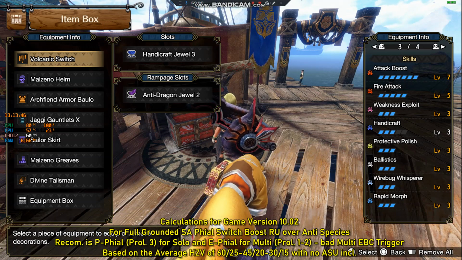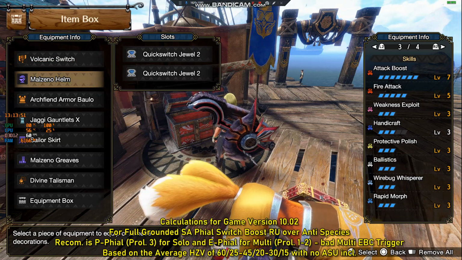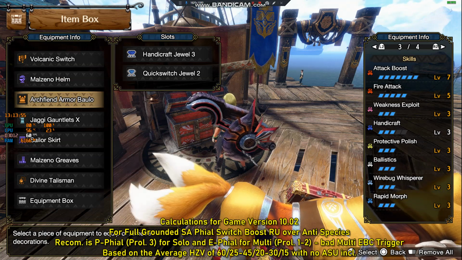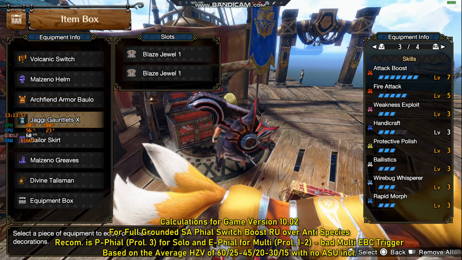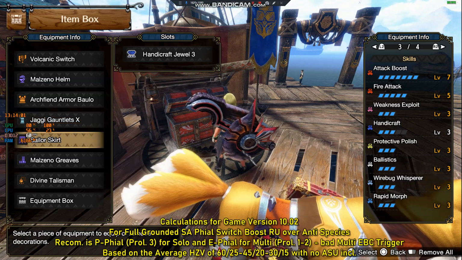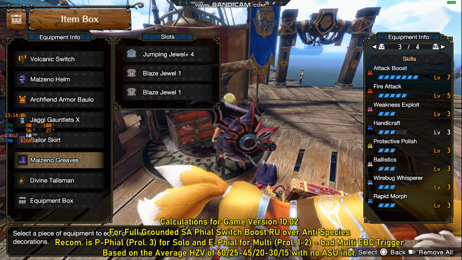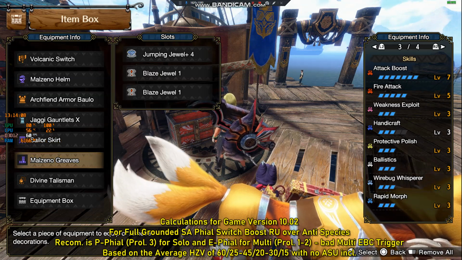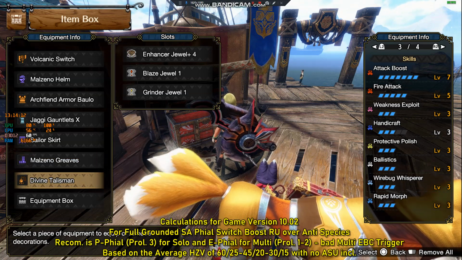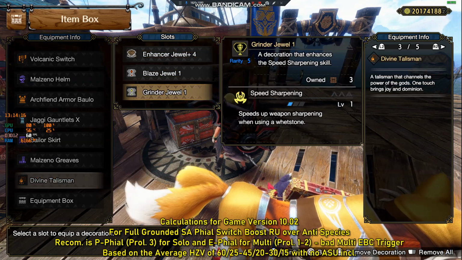Yes, pretty correct set. On the Switch Axe, Handicraft Jewel 3. On the Mild Xeno Helm, 2 Quick Switch Jewel level 2. On the Arch End Boss chest, a Handicraft and a Quick Switch Jewel. On the Jagras Gauntlets X, 2 Blaze Jewels. So very different from the Nintendo Switch set. For the Sailor Skirt, a Handicraft Jewel 3. On the Mild Xeno Greaves, a Jumping Jewel plus 4 and 2 Blaze Jewels 1. And on our God Charm, an Enhancer Jewel plus 4, a Blaze and a Grinder Jewel. You can also use for multiplayer, instead of the Grinder Jewel,